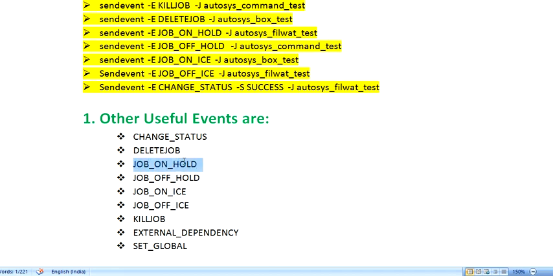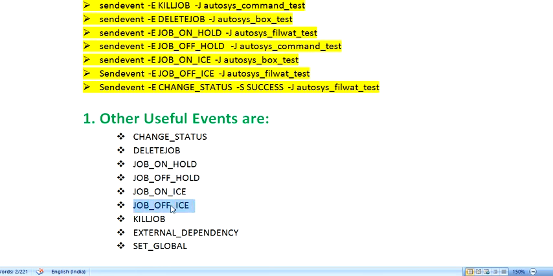Job on hold: there are some scenarios in the real-time environment where you have to put your job on hold, right? Job off hold: when you just want to remove the hold for a job which was earlier on hold and you want to release that particular job. Job on ice: you use this command in place of on hold when you have to put your job on hold for a longer time, without doing any action on it.